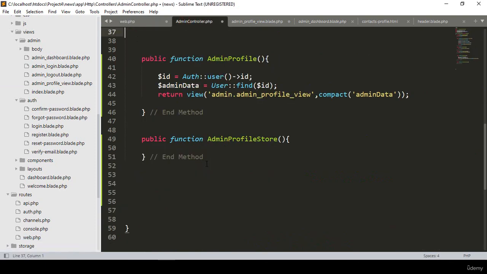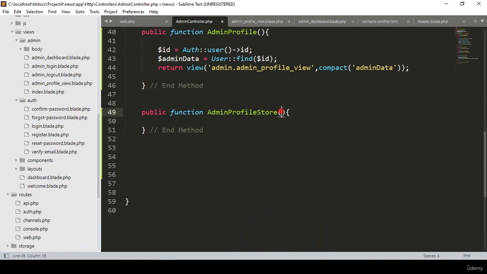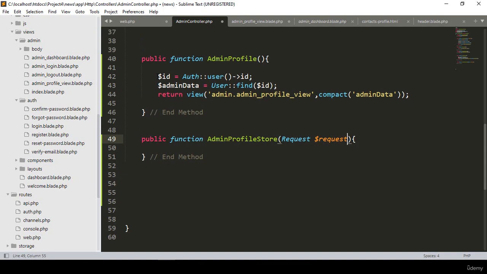Now one by one we have to add. So now that is one of the post methods. Also here we have to pass the request, and then the $request. Make sure you pass our request and $request. So our first job is we have to find our specific ID. A specific ID will be just like that same. Okay, better I copy it, because